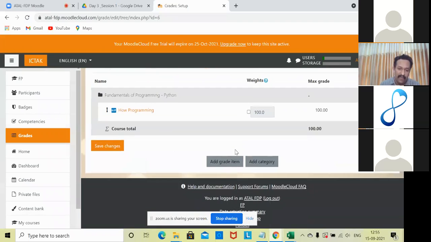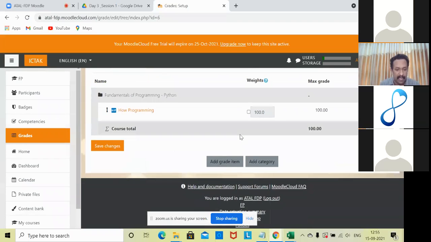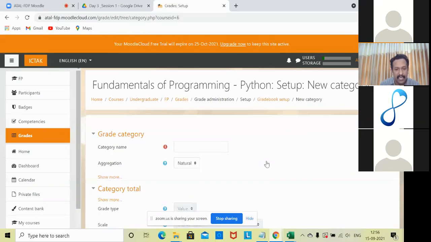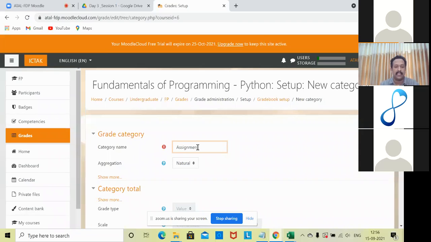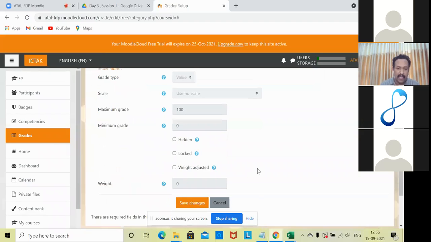Normally, whenever we are going to start a semester, there will be a curriculum. The distribution of marks and everything will be there. Internal marks and the guidelines for creating them will be provided. So what we can do is initially create that as a category here. The first category I am going to create now is the assignment category.